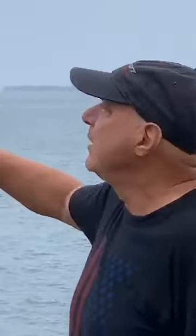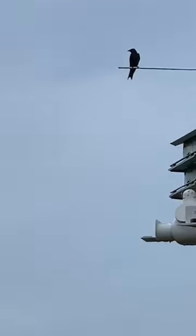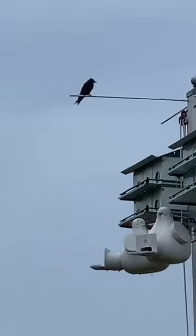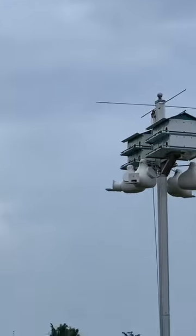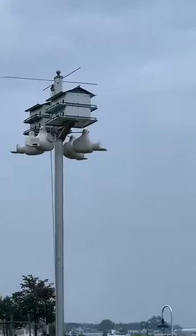A question about males and females. That's a male there, clearly. He's all purple. Very handsome. The females are those ones that are mottled and not as attractive as the males. That's just nature for you. But you can confuse